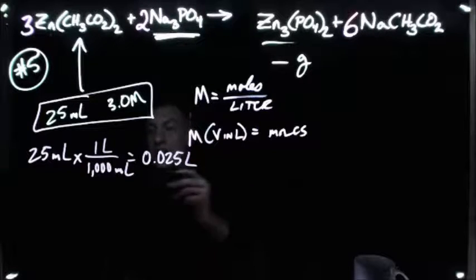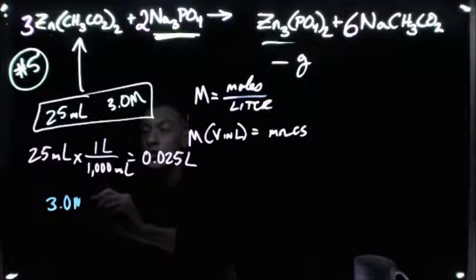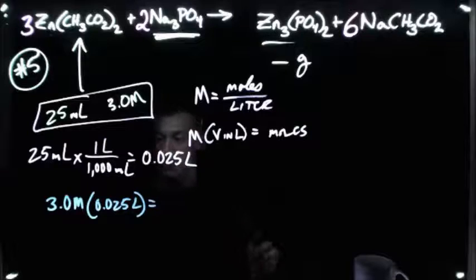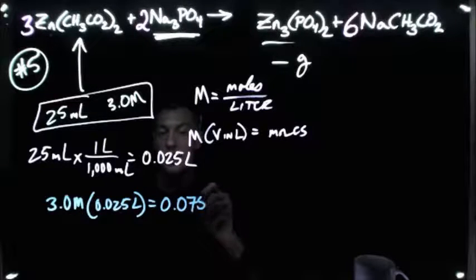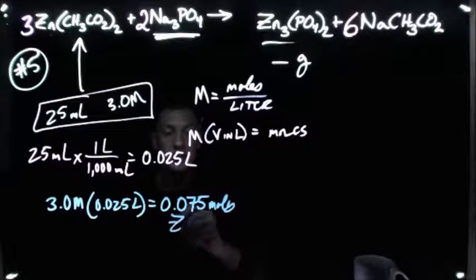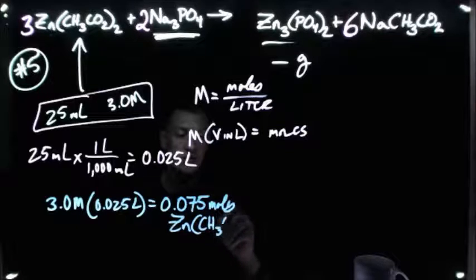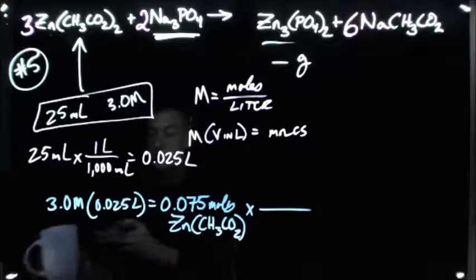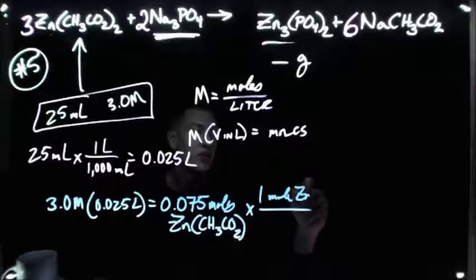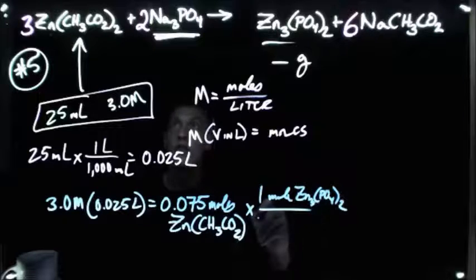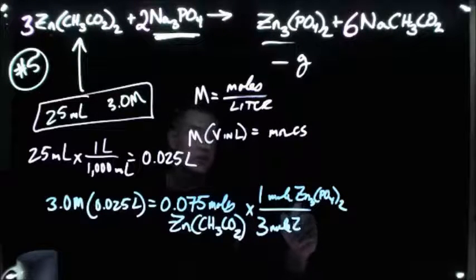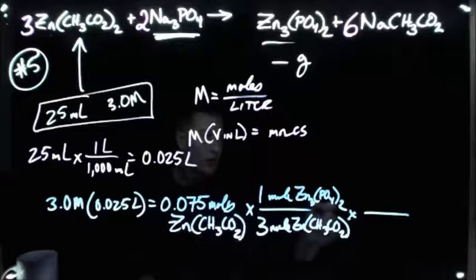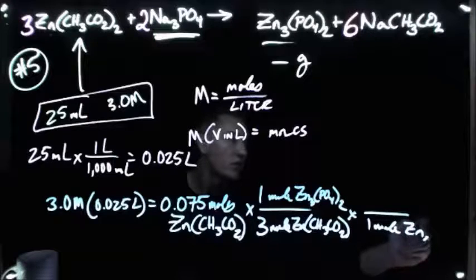So then to get moles of zinc acetate, it is going to be 3.0 molar solution times 0.025 liters, and that will give me 0.075 moles of zinc acetate, times, and then I can go straight to my answer because it's going to be 1 mole of zinc phosphate for every 3 moles of zinc acetate, times, and then 1 mole of our zinc phosphate